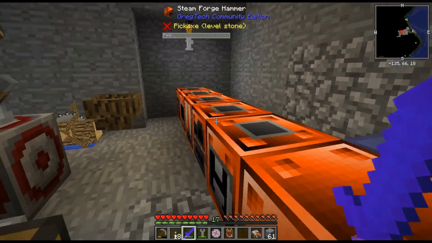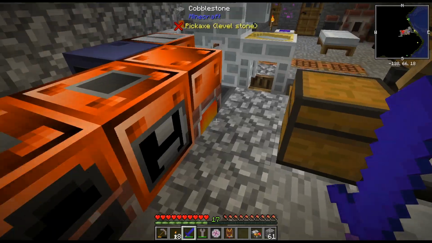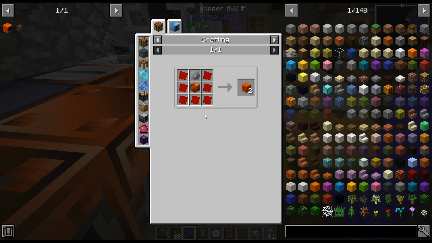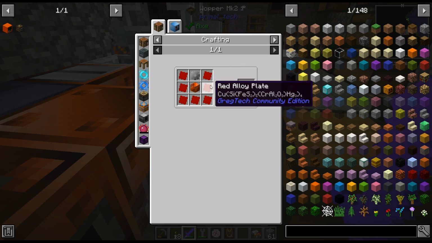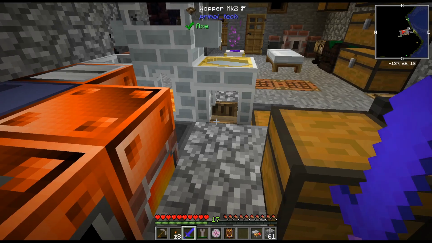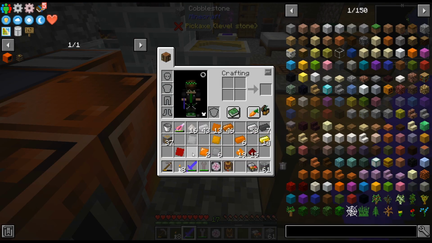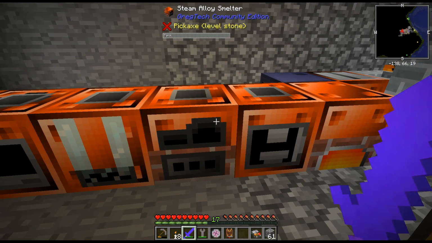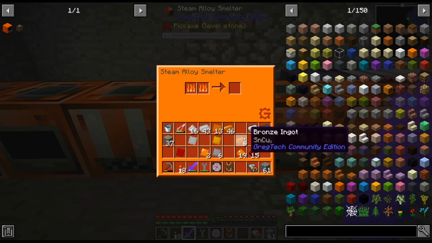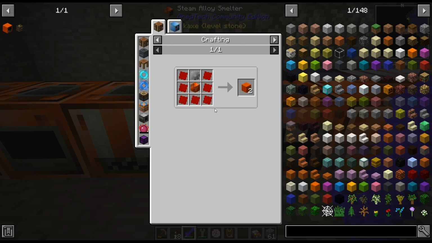All right, so there that is. That's going to take a second, and then the last bit we need is this. Now I think I need 7 of these. I already have 1, so I need 6. So I need 3. I need 9. 9 red alloy, I think. Yeah, and then